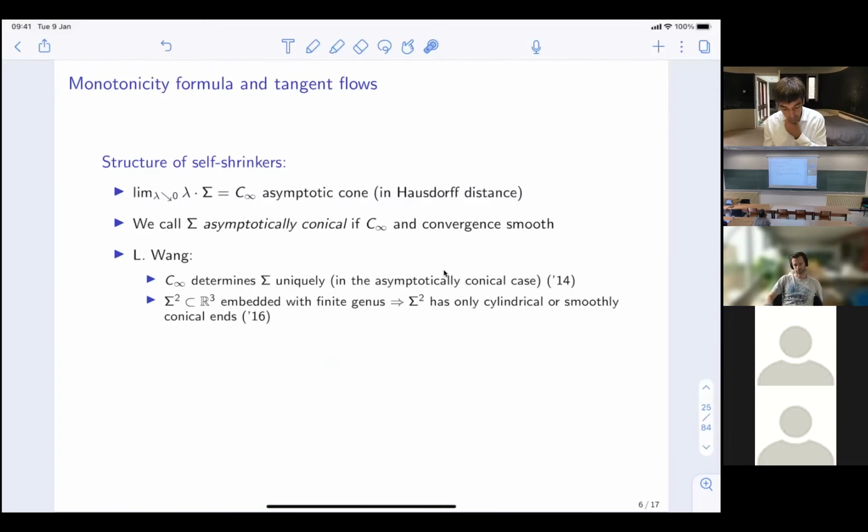The other very important result from Lu is that if you're in R^3, two-dimensional, with finite genus and embedded, then the shrinker can have only cylindrical or smoothly conical ends. So this means, okay, so maybe